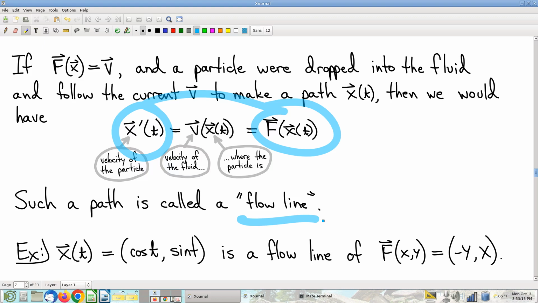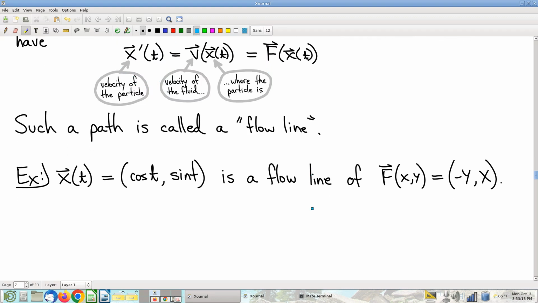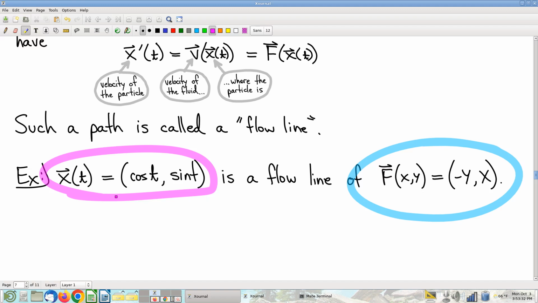But this is where the differential equation comes from. Okay, just as a quick example, and again, we don't know how to solve the differential equation, so I'm not going to show you where this came from, but this is that vector field we had a few pages back, and we can directly confirm that this is a flow line, because if you take this x, plug it in there,